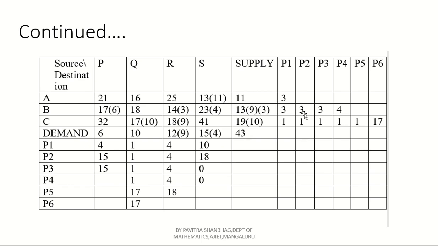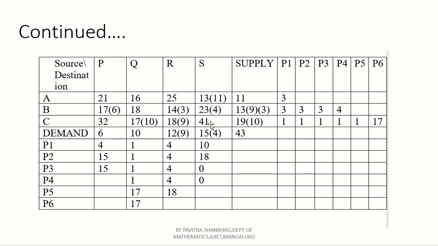Now look into this penalty 2 particular row or column. Here very smallest value 3 and 1 only, but here we can see 15, 1, 4, 18. So which is the maximum penalty? We can see 18 is the maximum penalty. Now after looking into this maximum penalty 18, consider this particular column and assign the least value from supply or demand. Now which is the least value of supply? See, you have to consider maximum penalty row or column and lowest value of demand or supply.